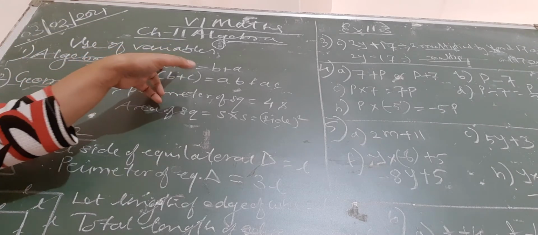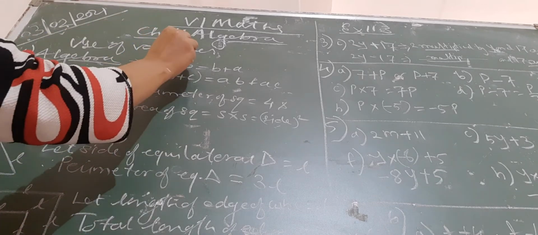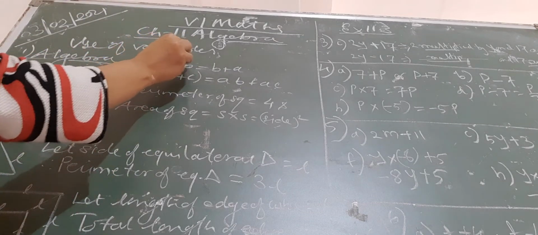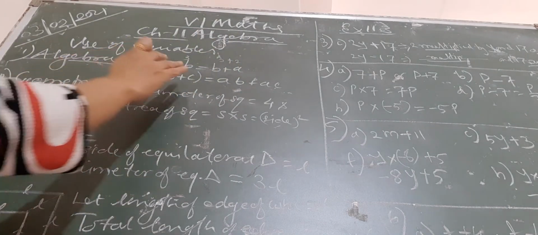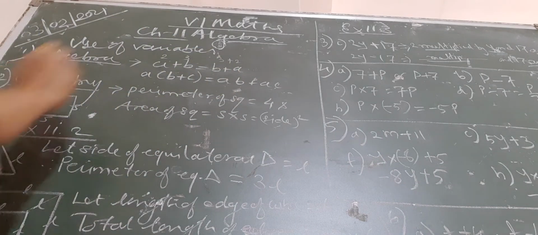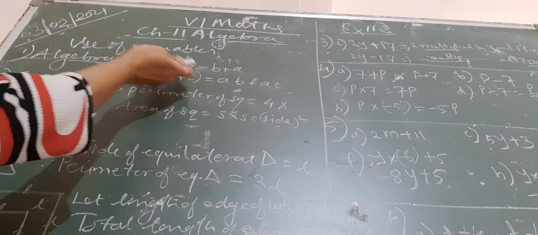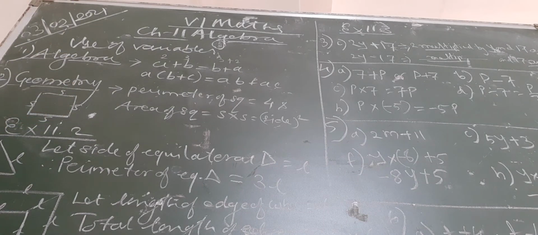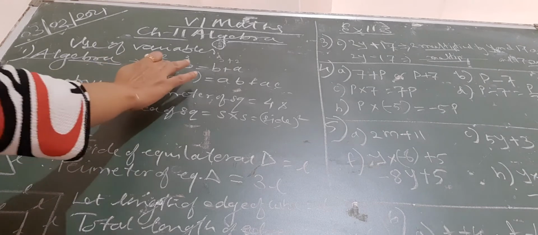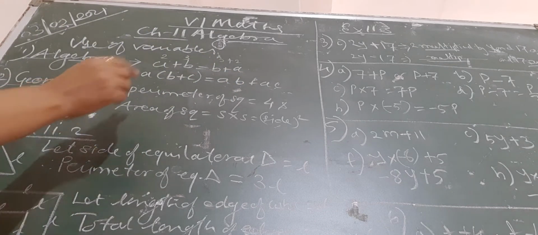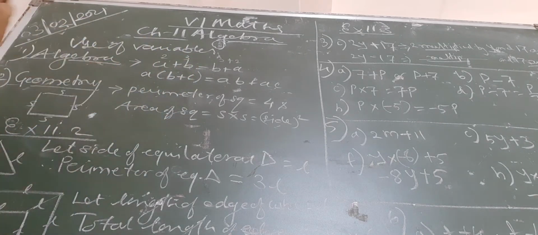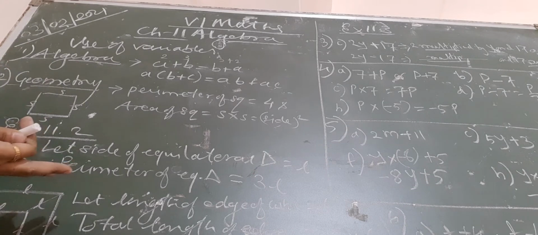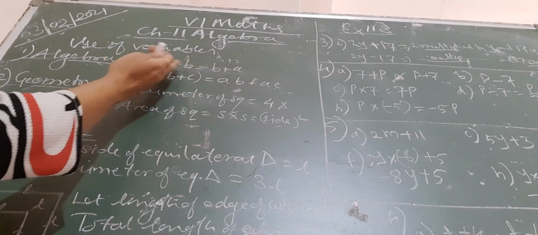If I take the values of a and b as 2 and 3, I will get 2 plus 3 means 5, or on this side 3 plus 2 means 5. It means on both sides I get the same result. If the order is reversed for addition or multiplication, the value does not change; that is commutativity, and it holds good for addition and multiplication only. So here we have used a as a variable, b as a variable, and you can put any values for a and b that you want.